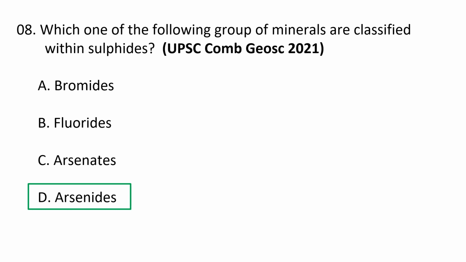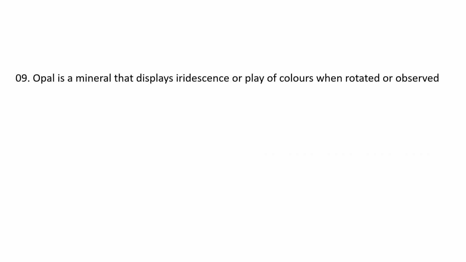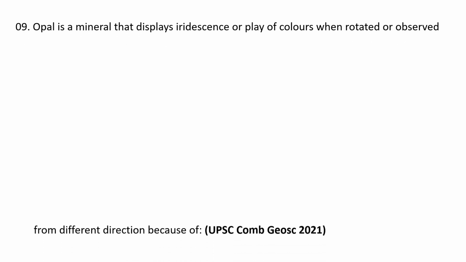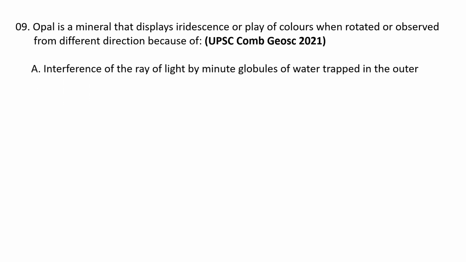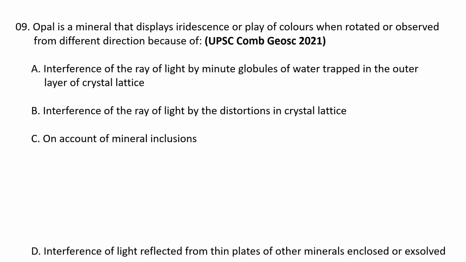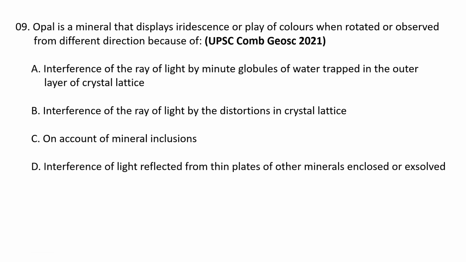Next question. Opal is a mineral that displays iridescence or play of the colors when rotated or observed from different directions because of A. interference of the ray of the light by minute globules of water trapped in the outer layer of the crystal lattice, B. interference of the ray of the light by distortions in the crystal lattice, C. on account of the mineral inclusions, D. interference of the light reflected from the thin plates of other minerals enclosed or exsolved in parallel planes within the